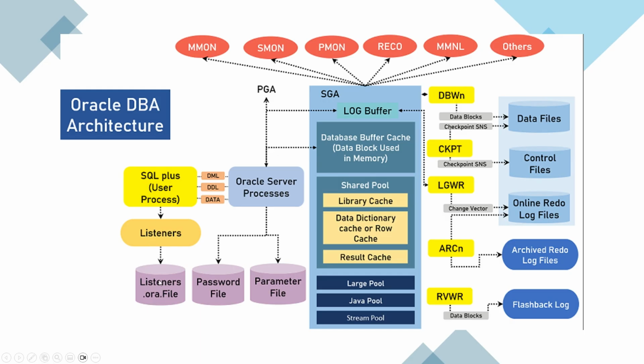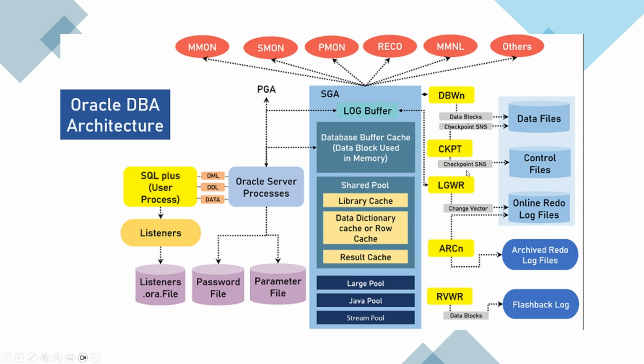Okay, so once the user process goes to the server process, the server process takes care of everything on behalf of the user process. It will directly be allocated one PGA, that is a dedicated program global area, and then it will connect to the SGA and do the request and process whatever data is required by the user through the different processes, different memory architecture, and different